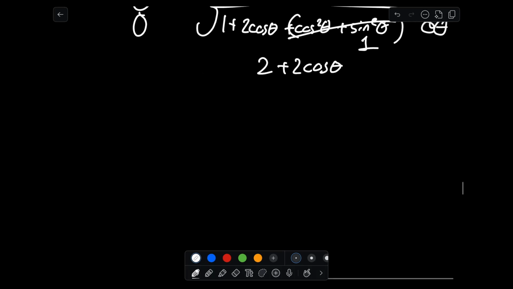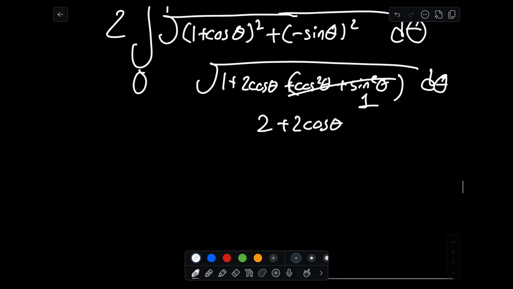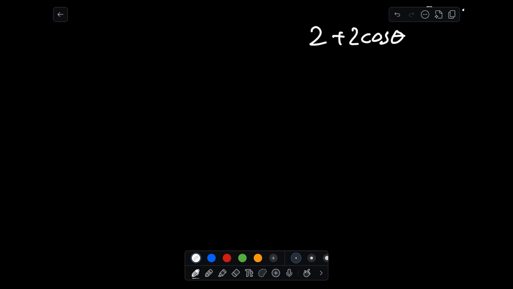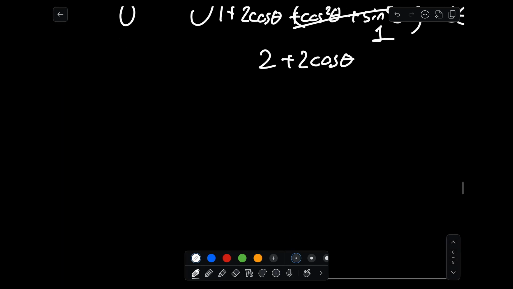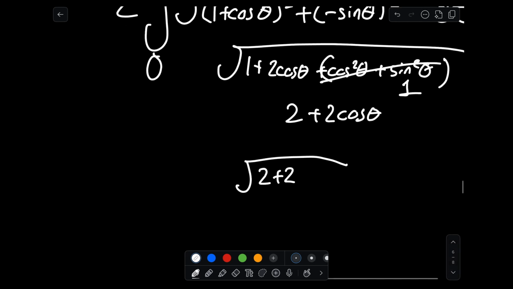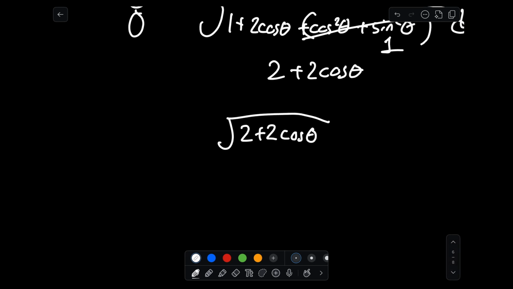And this will be taking in some very neat tricks that we took from earlier. You remember your double angle, half angle identities. This is going to come in very, very handy. And this is still under the square root, 2 plus 2 cosine of theta,